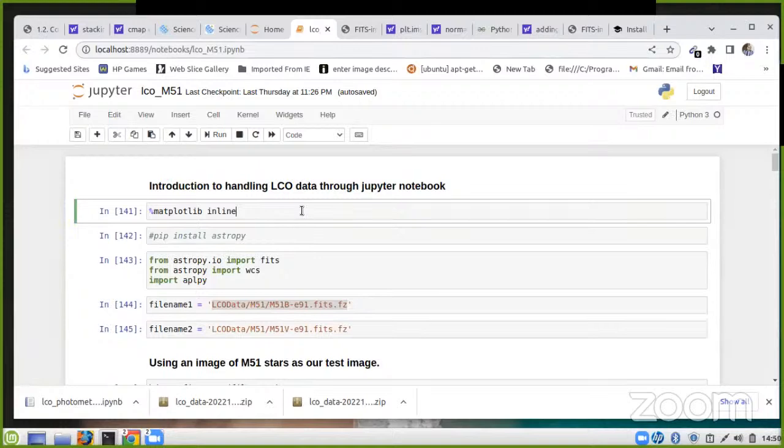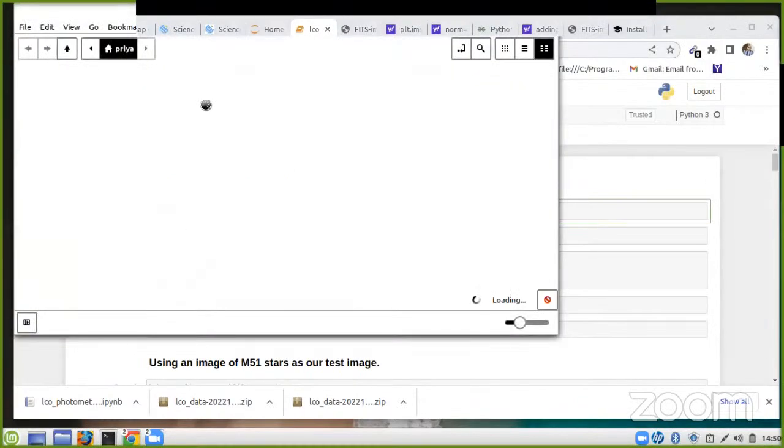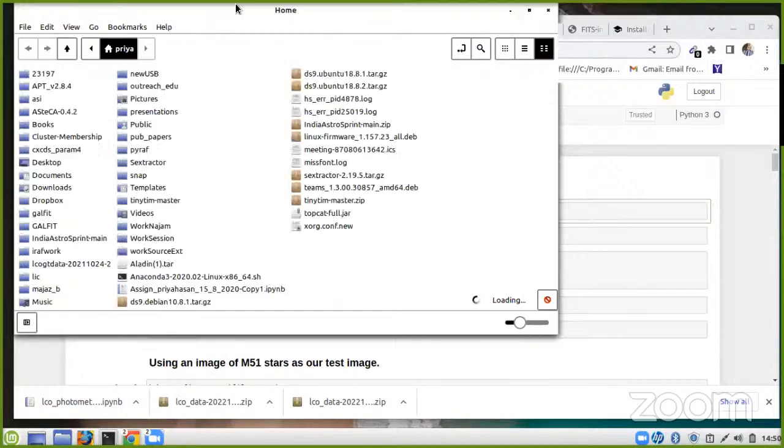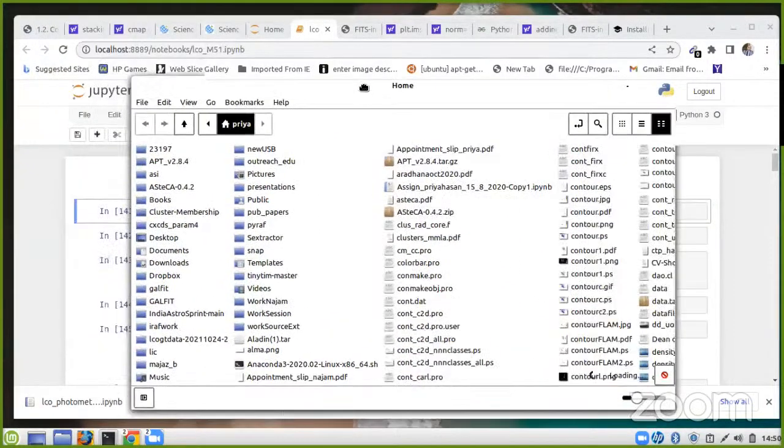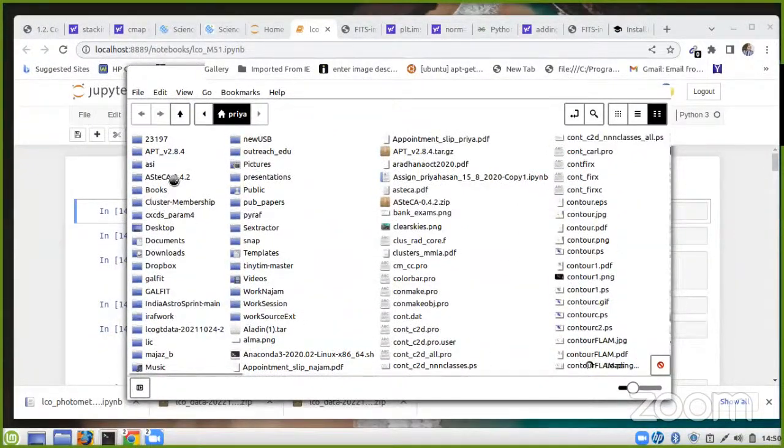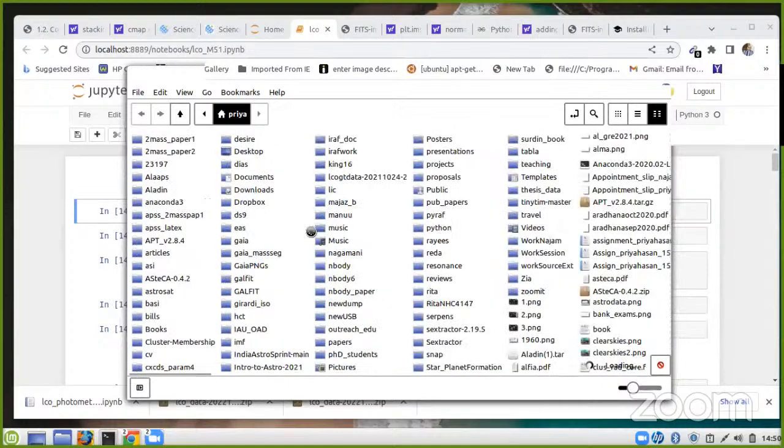So Priya ma'am has shown you how to get LCO data from the same site. You can download whichever object you require. What I have done is downloaded M51, the Whirlpool Galaxy,